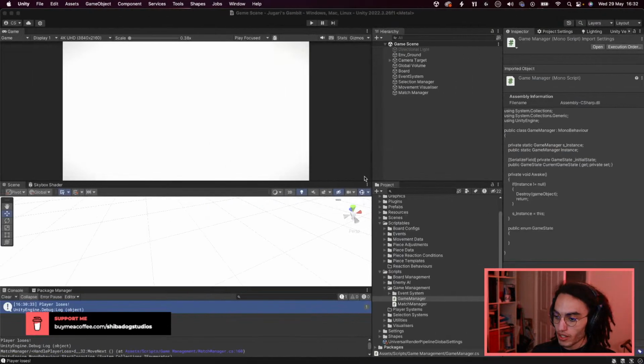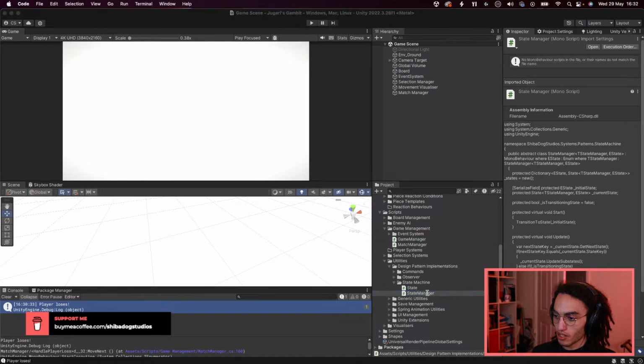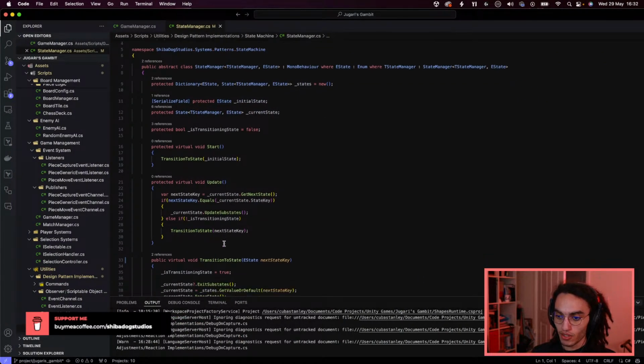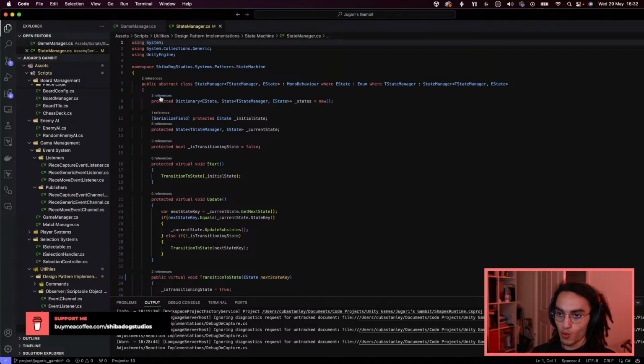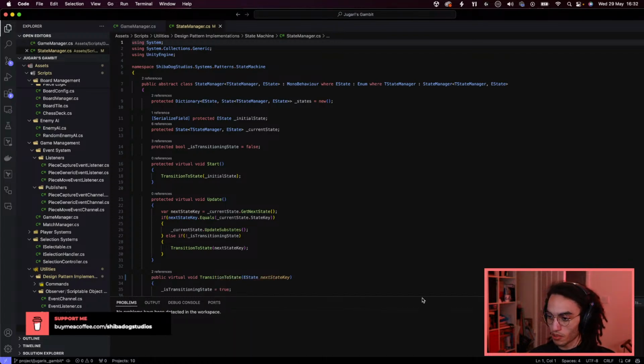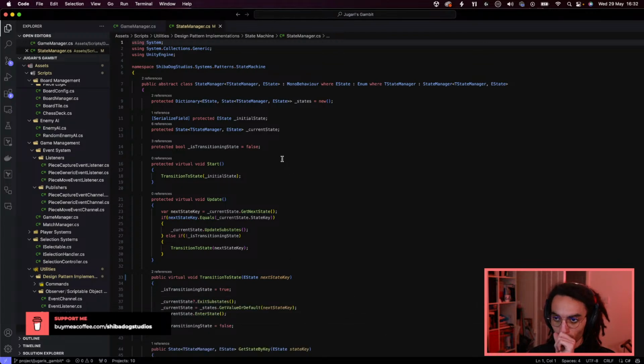Now, what I would like to do is take a look at my state manager implementation to see if we've implemented this as a singleton, and the answer is no, we haven't. So actually, while we're here, let's just spend a couple seconds explaining how this thing works, and I want to close away my terminal as well. Whoopsie daisy, that's not what I meant to do. I meant to just close this. Go away, please. There we go. Okay, so